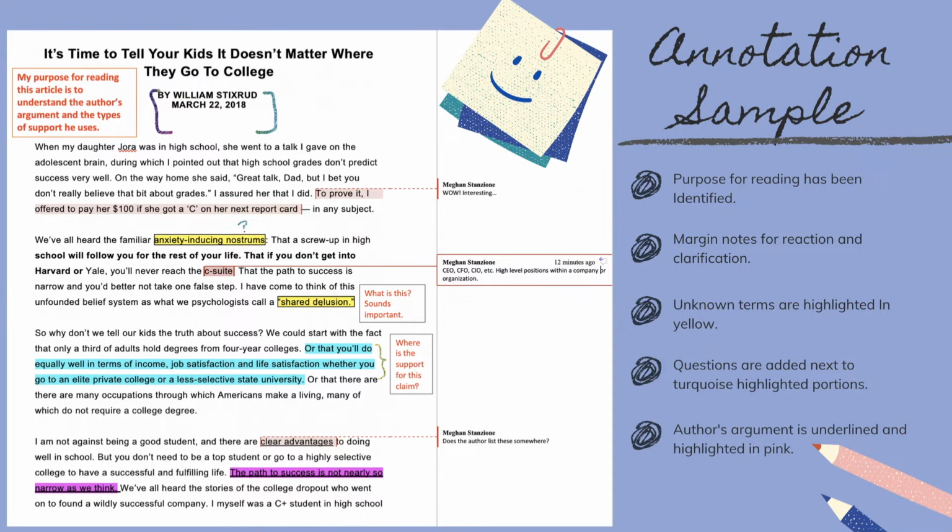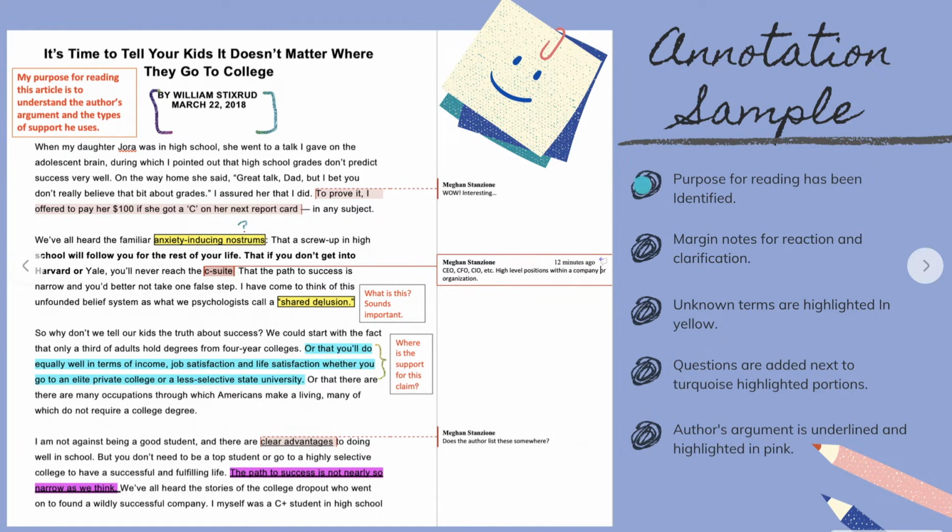Here's an example of an annotated text, and because everybody is online learning this semester, we've done digital annotations as the example. So this is something that's been created in Word, and if you need some guidance on how to complete digital annotations, the Writing Center has you covered. We've got videos for that too. You can also annotate by hand. If you print out your readings, you can just do all of this by circling on the actual paper and writing your handwritten notes in the margins. But this is an example of digital annotation.